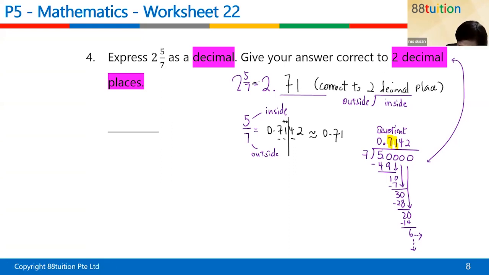Then you cannot put this, you must change this to curvy bracket. And then you get 2.71. Okay, all right, do not put this. Wait, I want to respond to one of the